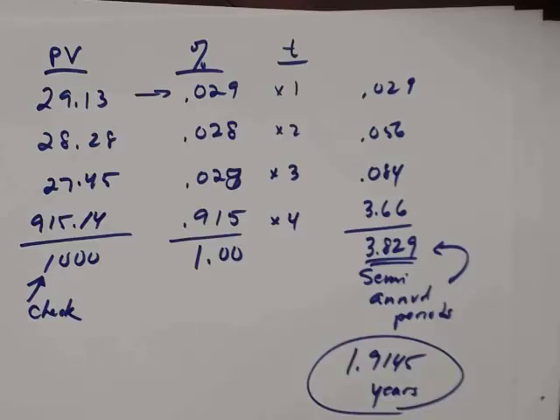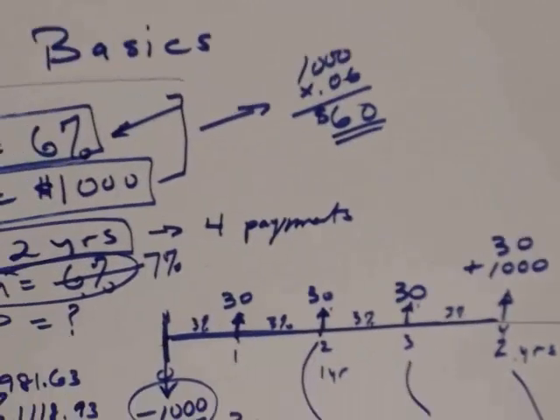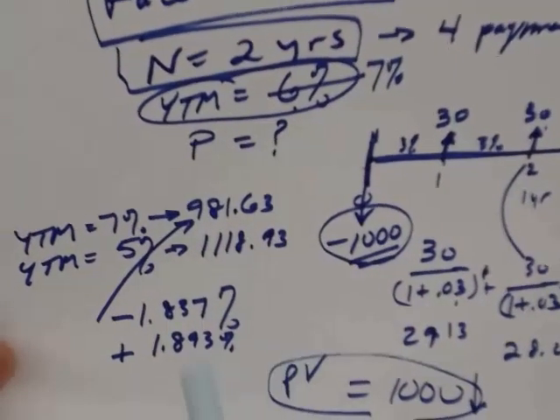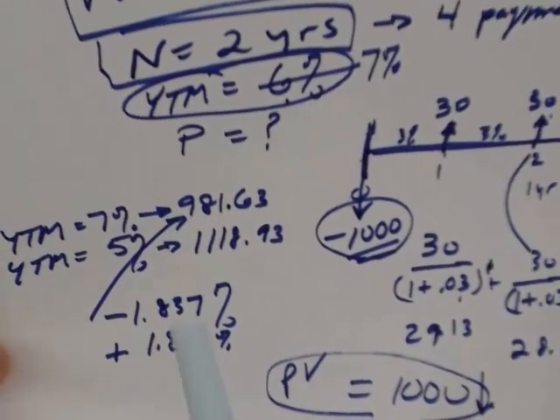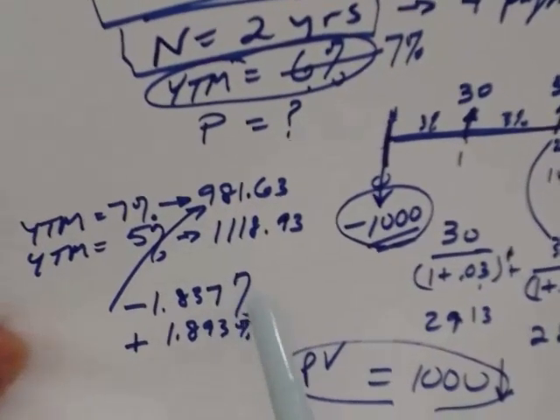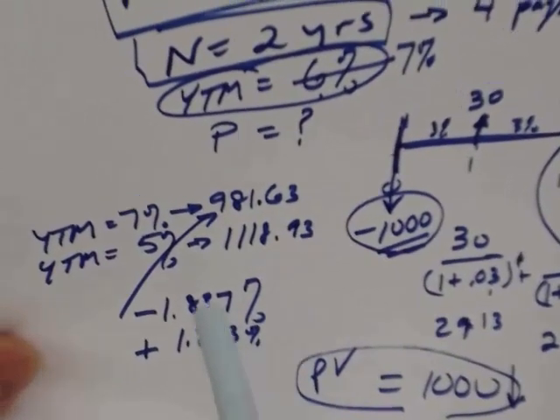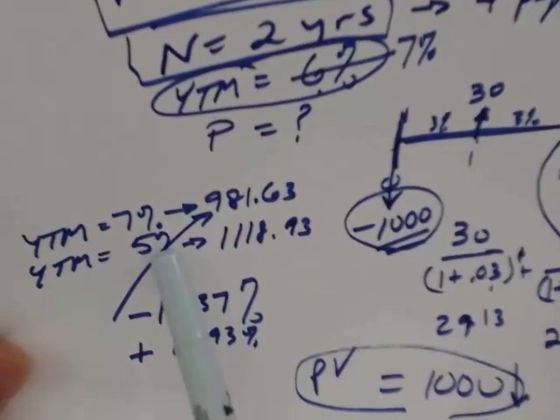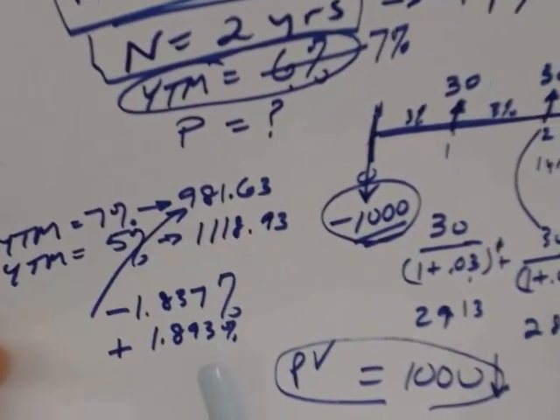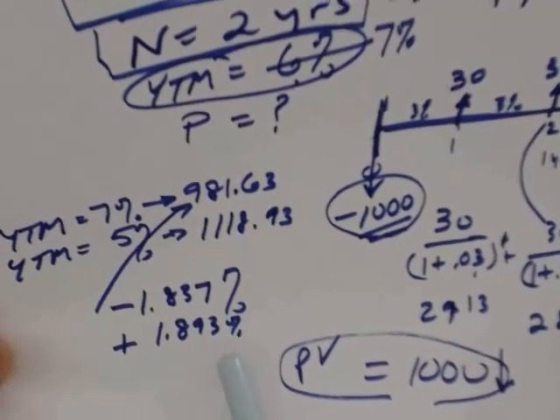We know the answer to the problem because I showed you earlier that, with this 6% bond that we've been dealing with, if we raise interest rates 100 basis points, the price will drop about 1.837%. If we drop interest rates by about 100 basis points, we have a gain of 1.893%. So what should happen is,